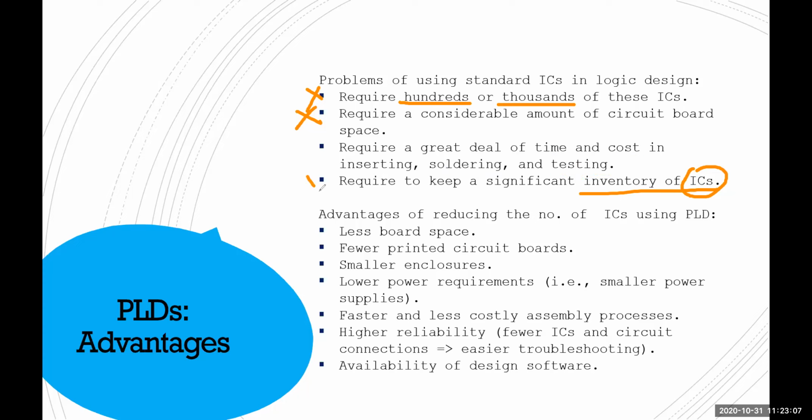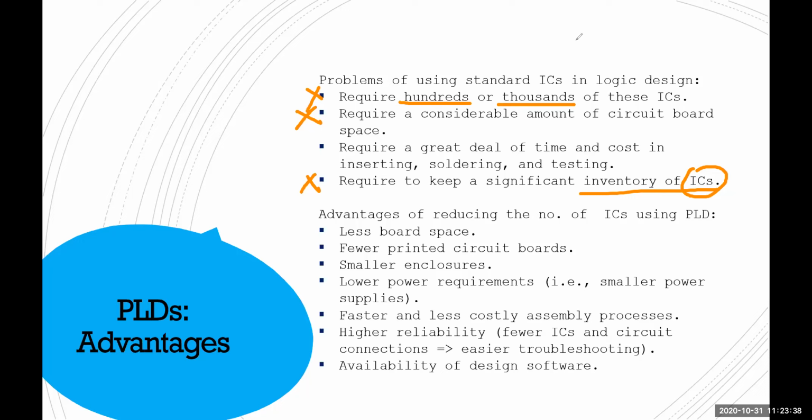You do not need a large inventory supply. Why? You only need, let's say, 10 or 20 or 50 or even 1000 of one type of IC, not 7 types of ICs. One type of IC is enough, because you can do all the work in one type of IC. If you want to use it as an OR gate, you can use it as an OR gate. If you want to use it as a NAND gate, you can use it like a NAND gate. You just have to program it.